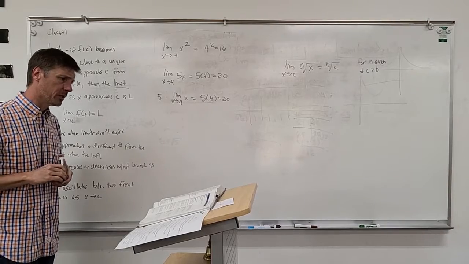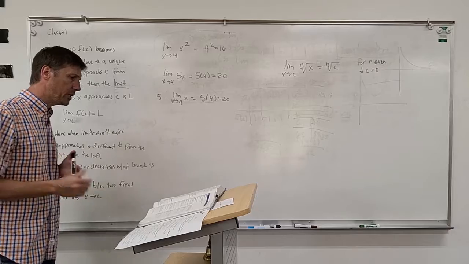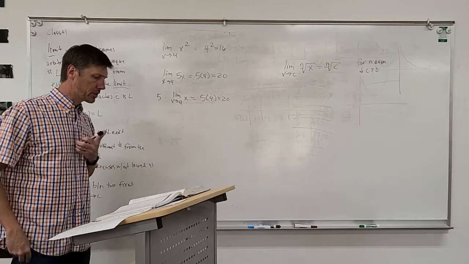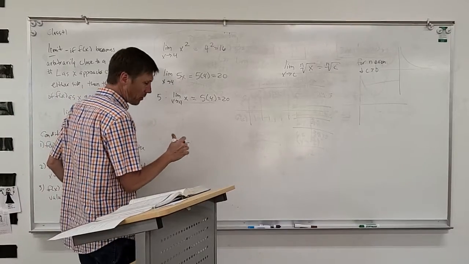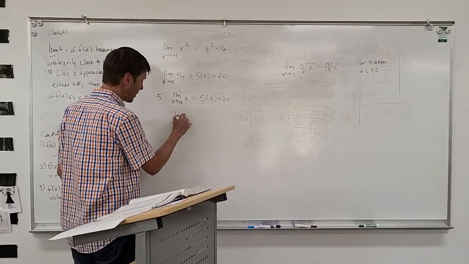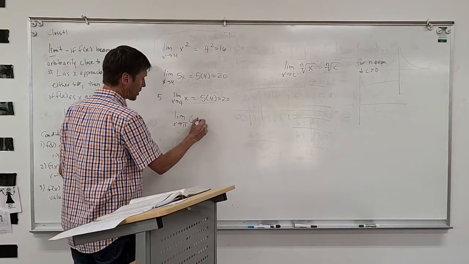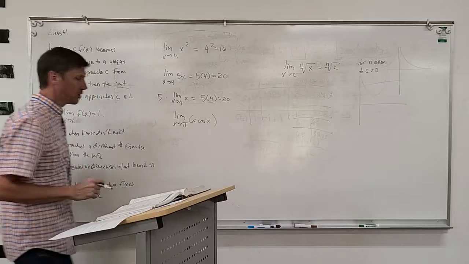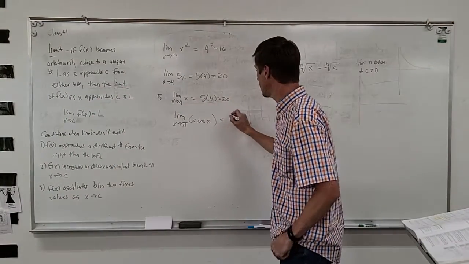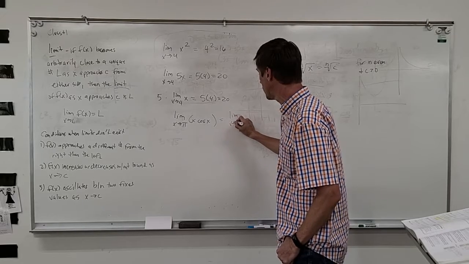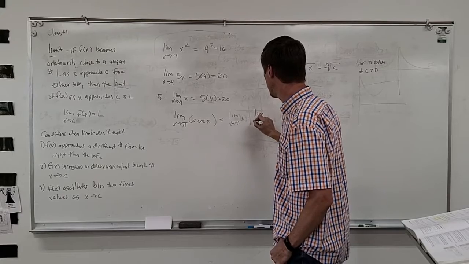So you can look through those. I don't really think any of those are particularly hard. For each of them, really, you're just directly substituting in. But maybe one that's a little bit weird, just to make sure that we understand this, is the limit as x approaches pi of x times the cosine of x. And so they're showing us, based on those properties of limits, that we can split this up and say that it's the limit as x approaches pi of x times the limit as x approaches pi